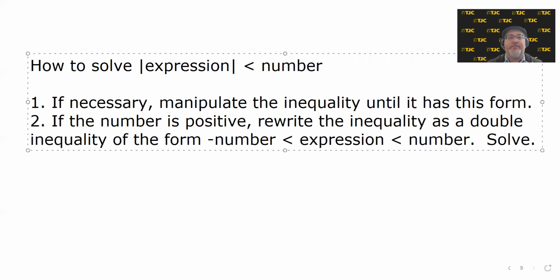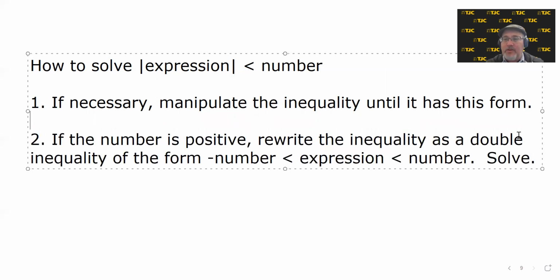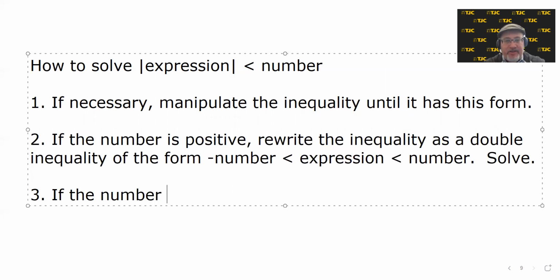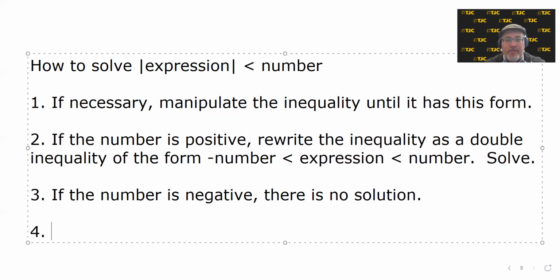Solve. Okay. Number three. If the number is negative, there is no solution. Number four. If the number is 0, there is no solution